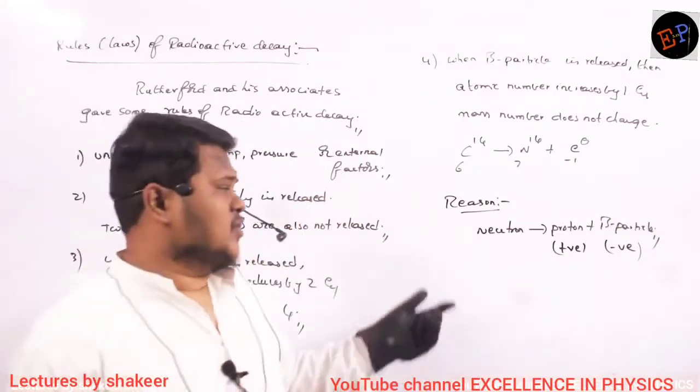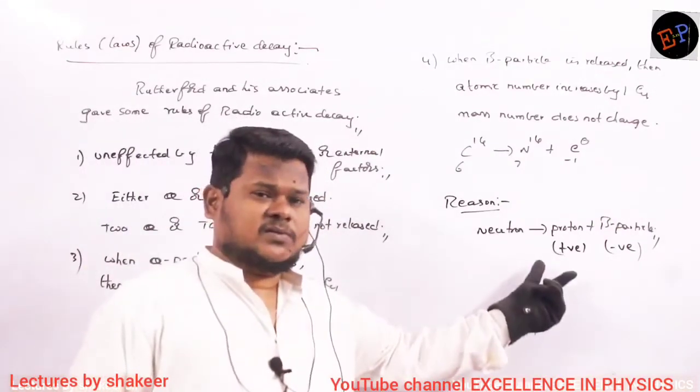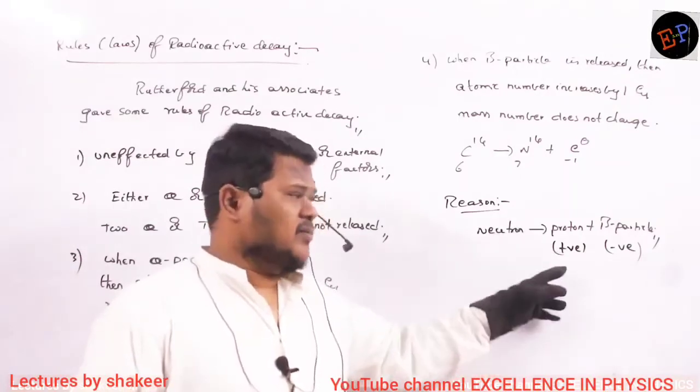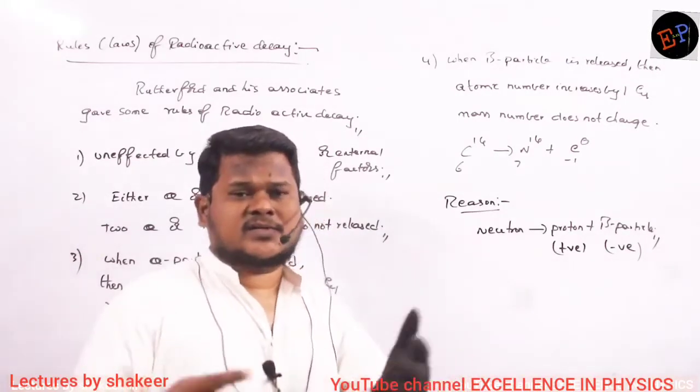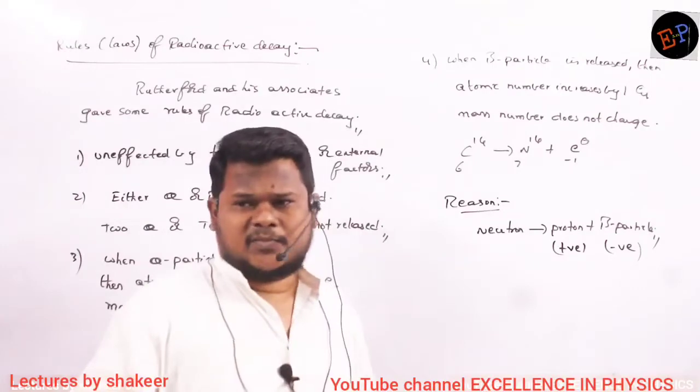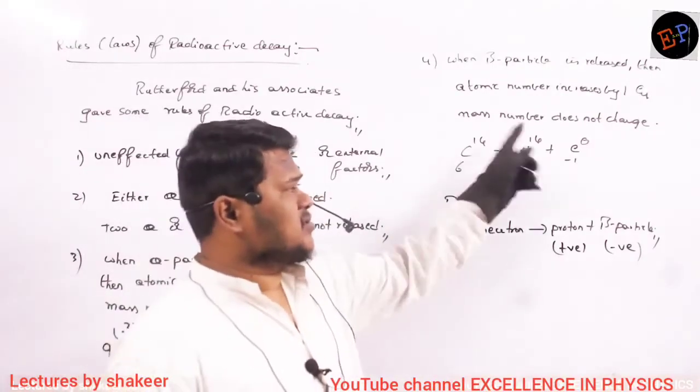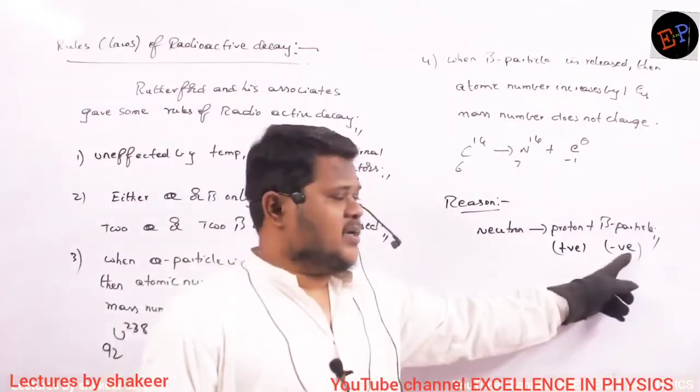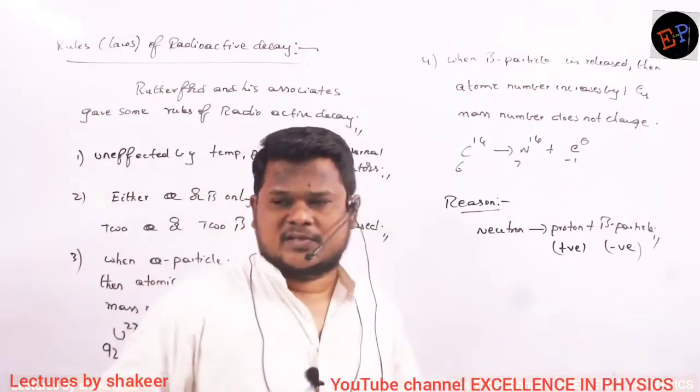Adi jarigindi kada? Oka neutron mayamaipoyindi. Daani place lo oka proton vachindi. But whatever it may be, the mass number does not change. Mass number is the number of protons and number of neutrons. Mass number lo marpu ledhu kada. Always it is constant. So 14 remains to be 14. And this extra particle, the beta particle, which is released, is released into the atmosphere.